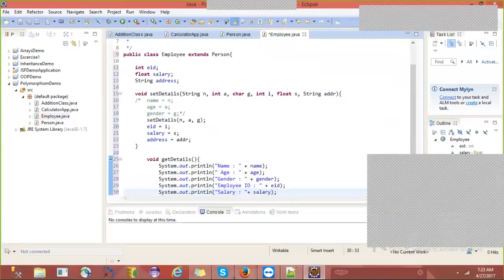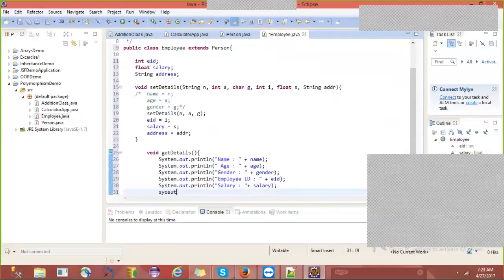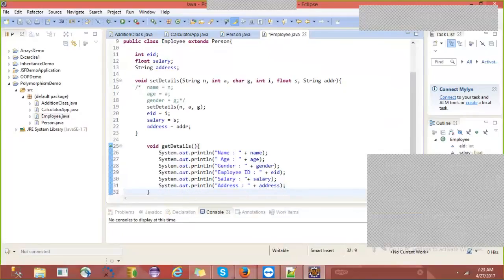Salary. Next, sysout address. Yes, address we need to write. Like this, we can write the getDetails.